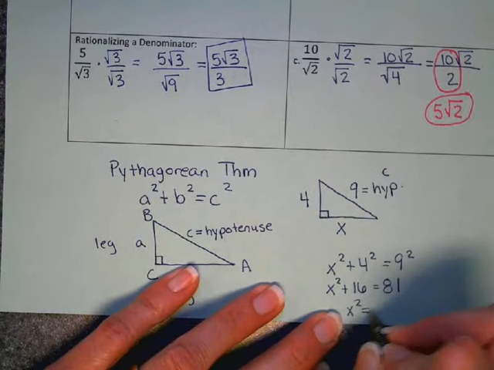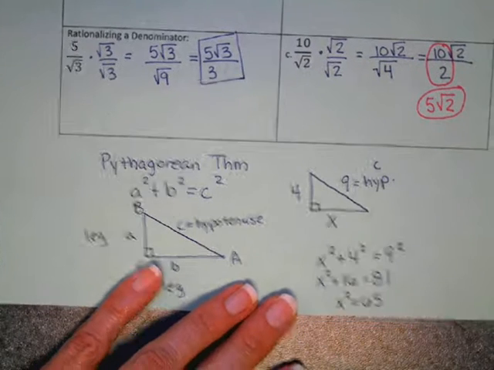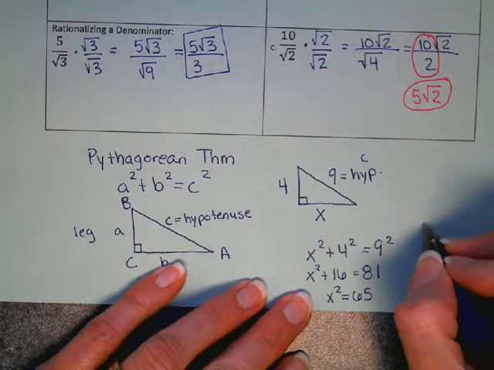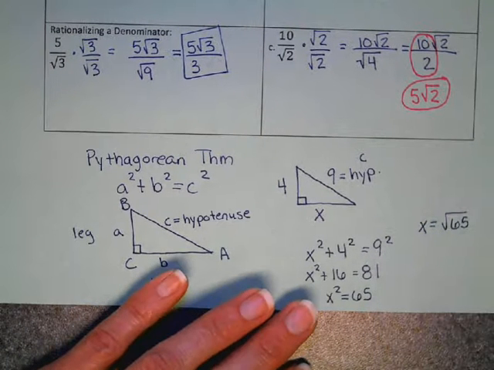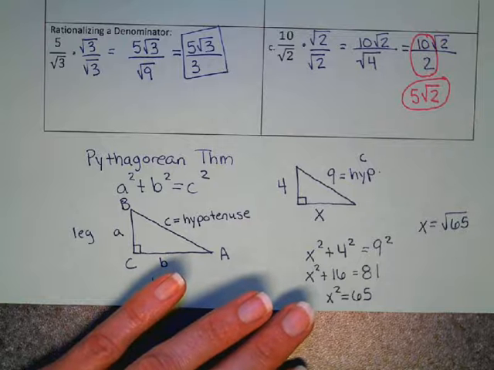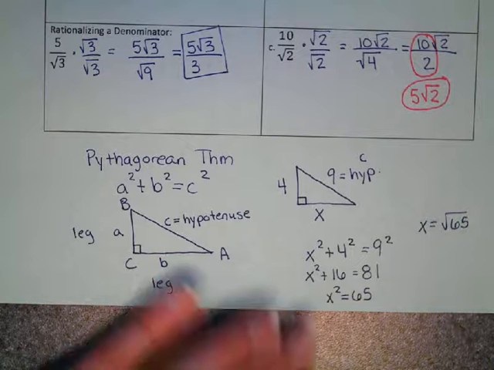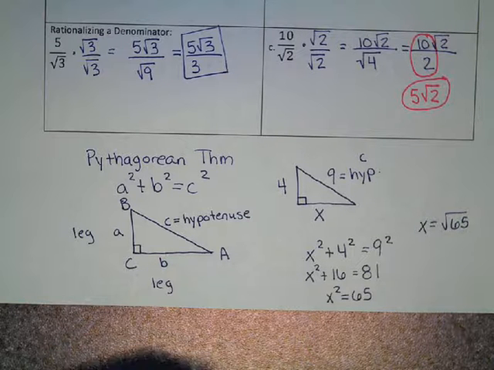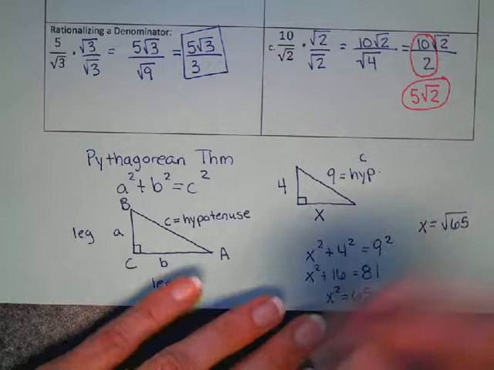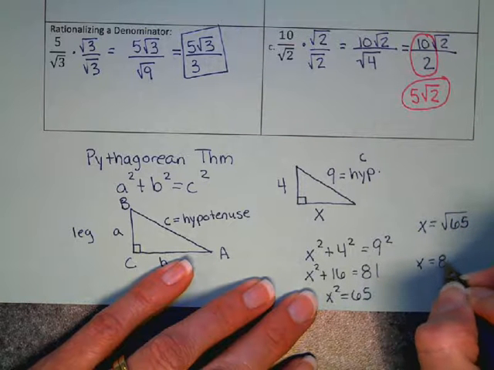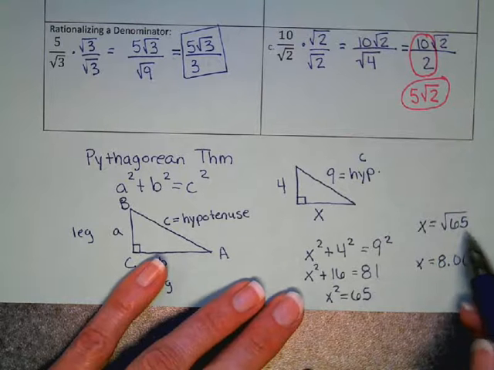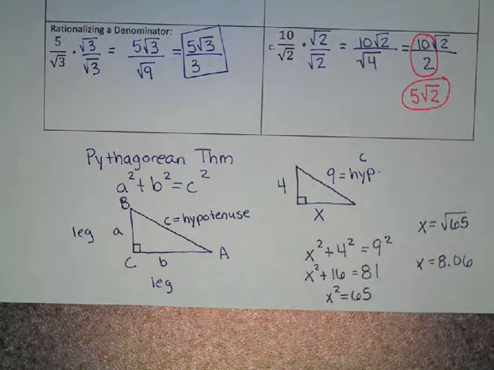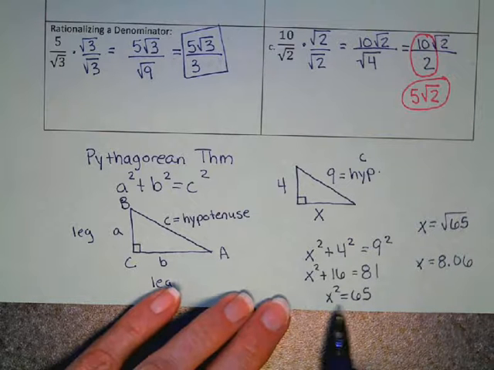Depending on which worksheet you're working on today, it might have you just say x equals the square root of 65. If the answer choices are given in decimal form, the square root of 65 would equal about 8.06. So it just depends. If it's a simplifying radical one, we'd want to break that down, but no perfect square goes into 65, so that would just be your answer. If your answer choices are in decimals, then you just square root 65 and get a decimal. So just a little review on Pythagorean